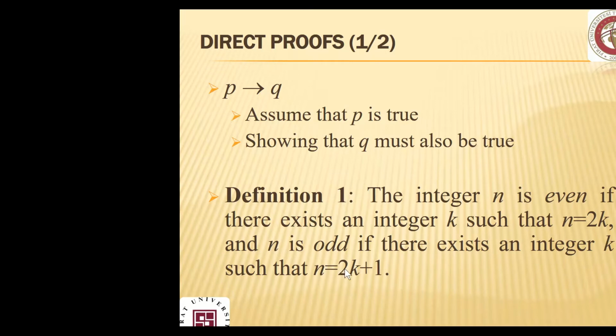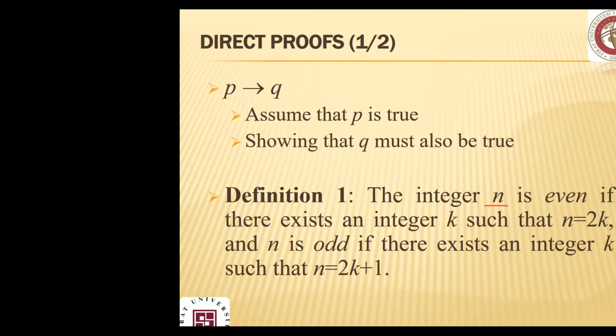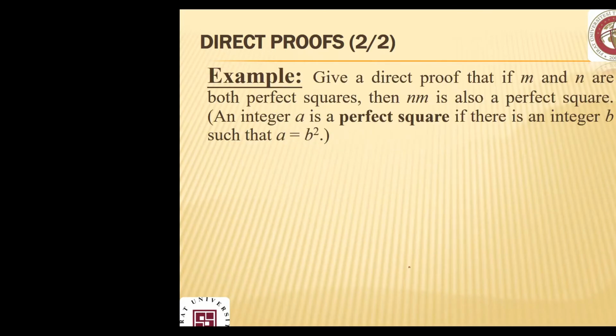It is equal to 2k plus 1. So again, 2k will get you an even number. Add to it 1 will get you an odd number. We speak about integers, and this is also important, so pay attention to this. We are considering integers here. Alright, let's go ahead and start some examples so that we see how we apply direct proof based on the